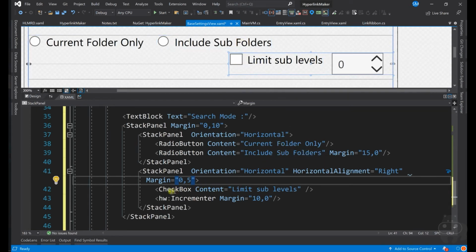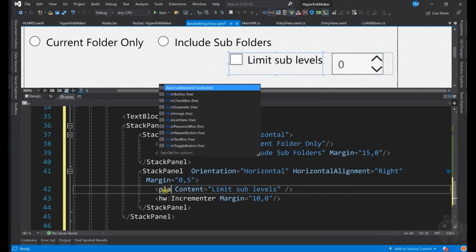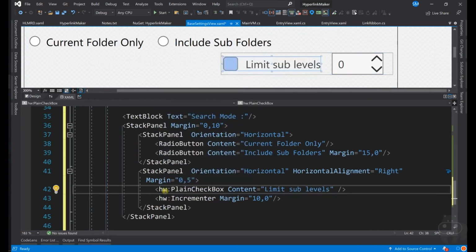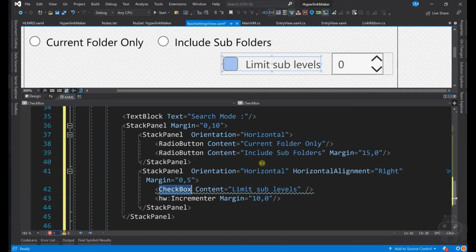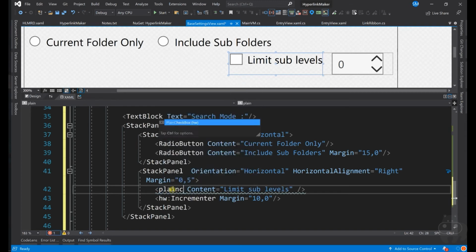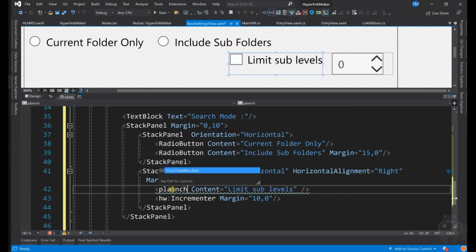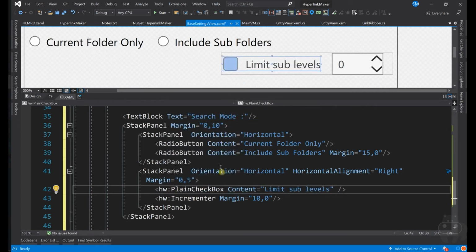Now here the checkbox I'm going to change to plain checkbox from Haley, so that it now comes to the center, because there are a couple of things in default WPF settings which setting them up becomes a little bit difficult. So that's the reason why you have plain check. That's the reason why you need to extend everything in WPF.